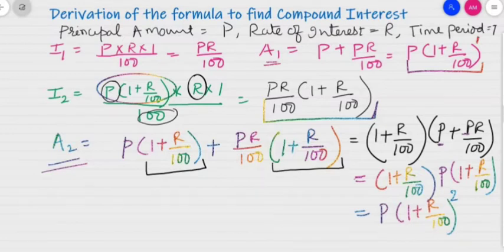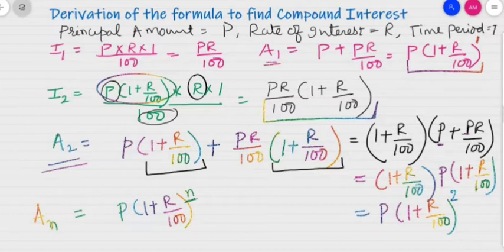1. If you generalize, if you want to find out amount after n years, okay, first year it was A1, second year A2. If you are going to find out amount after n years, you will get P into 1 plus R by 100 power n. Or if you are using T as time period, you can write here T. So P into 1 plus R by 100 power T will be the amount after T time or n number